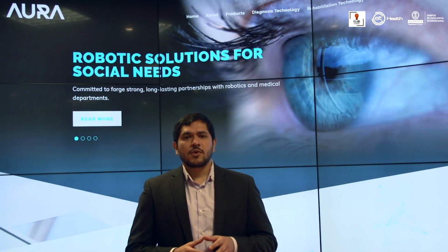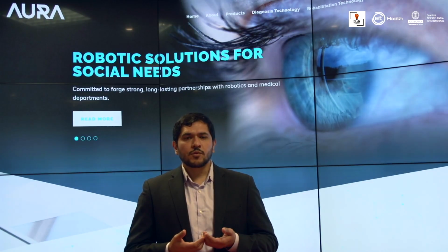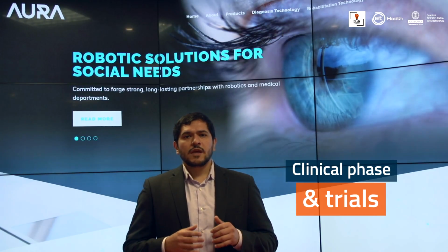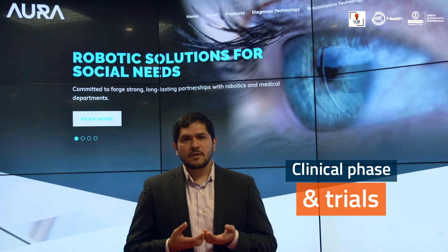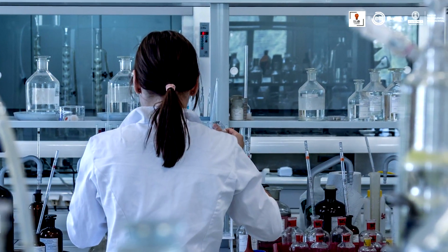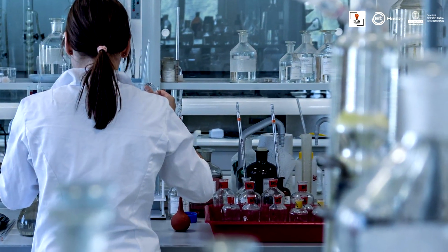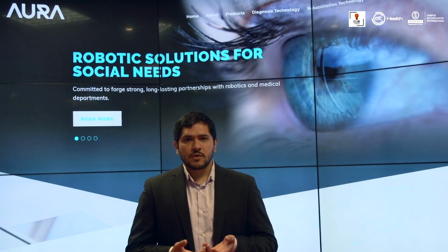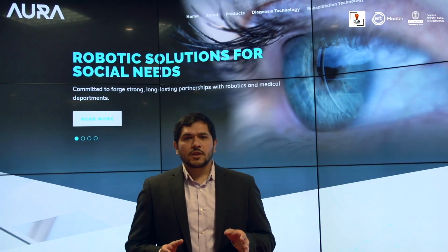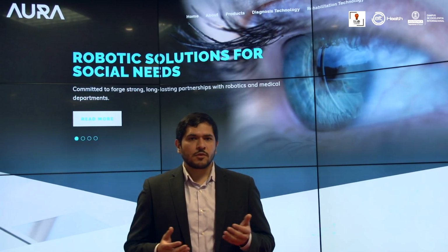Additionally, since our product is a medical device, we began with the clinical research phase. This is really a slow process that requires a lot of paperwork and effort to prove that the technology does what you claim it does. The first step is to get the authorization from the corresponding authorities to begin with clinical trials. This part involves the experiment design of protocols that have to be approved by the corresponding ethical committee. That, of course, is not straightforward, and there is a lot of feedback and enhancement on the protocols until